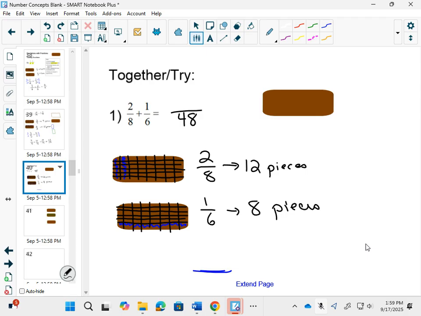And there's 48 pieces and you have 12 pieces plus 8 pieces. Does it make sense that you have 20 out of 48 in the end? Now, 20 out of 48,